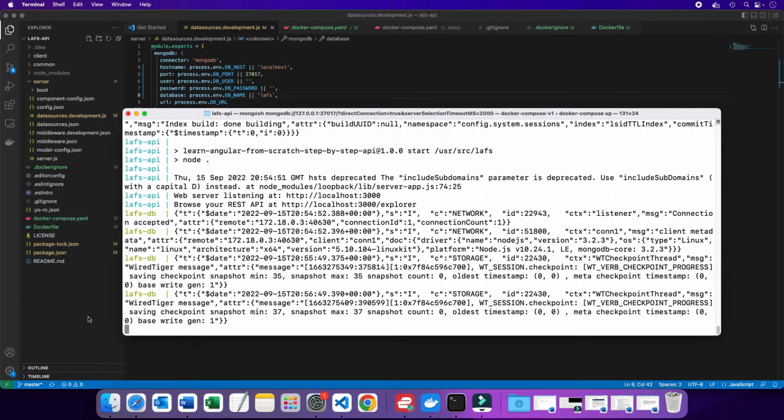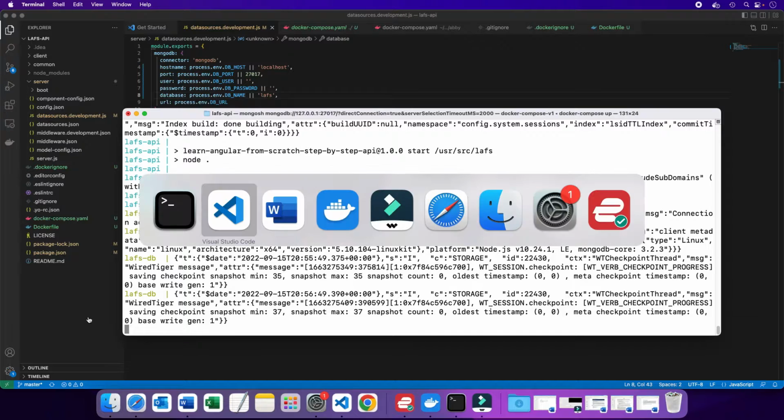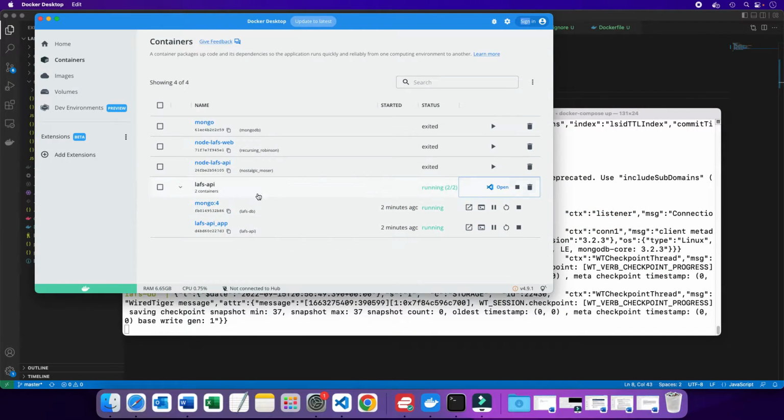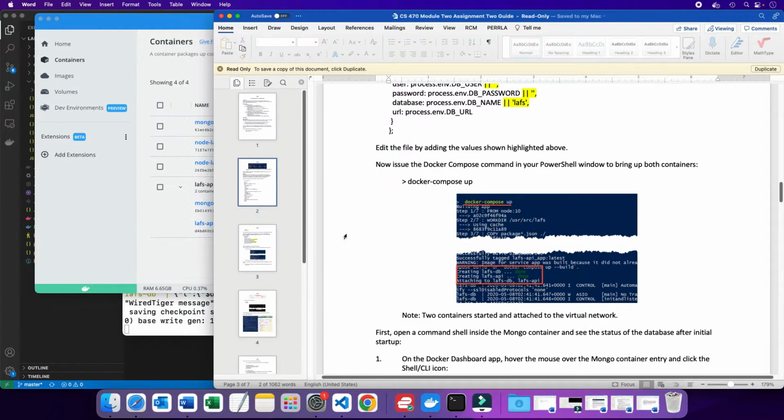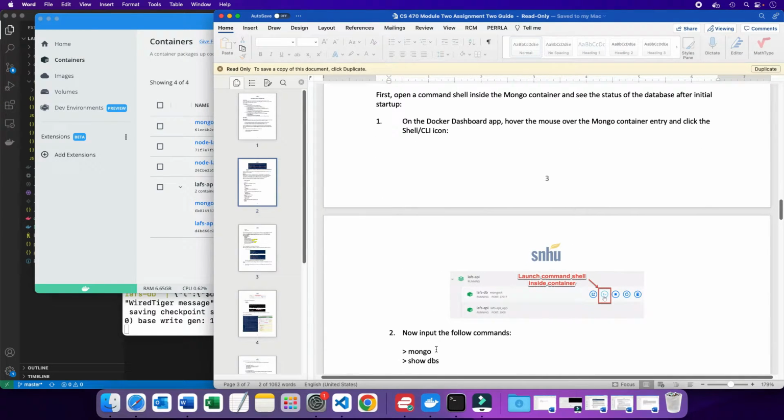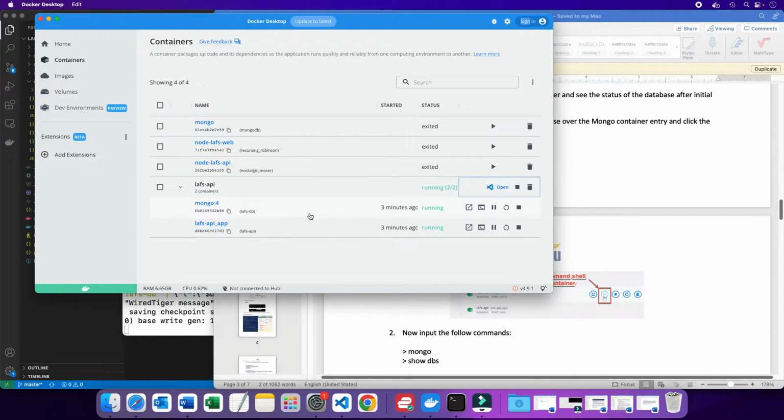Okay, so the command came back, and now if I go to my Docker, I see that I have the Laughs API, and inside of it I have the two containers. If I go back to my instructions, it says on the shell dashboard, I'll hover the mouse over the Mongo container entry and click the shell CLI icon. Basically this is the shell icon that I need to run for the Laughs DB, which is this Mongo. Click on this,